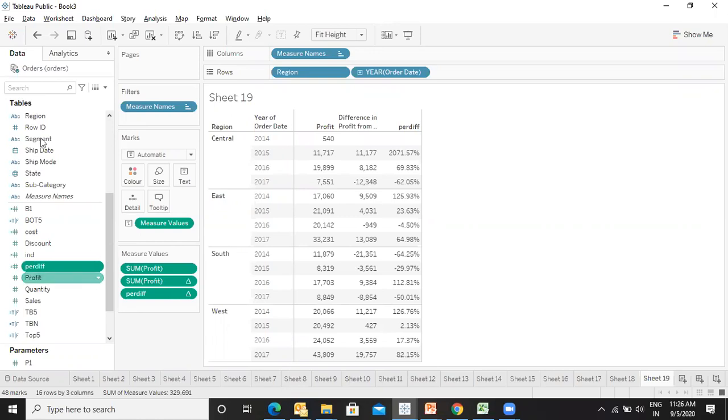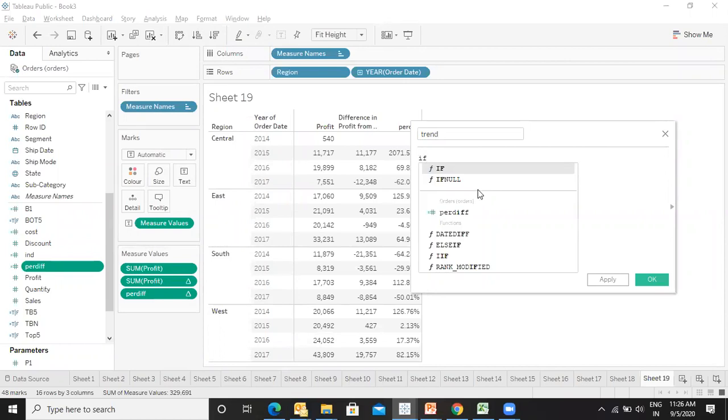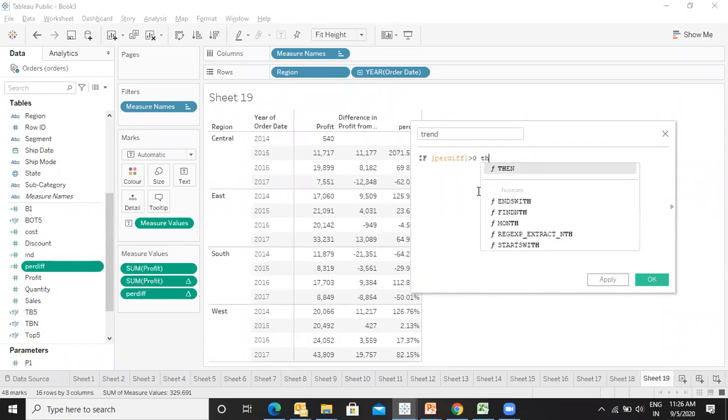Enter. Now I will go to analysis, create calculated field, and I will name it trend. I will say if percentage difference is greater than 0, then I will say, let's take up.